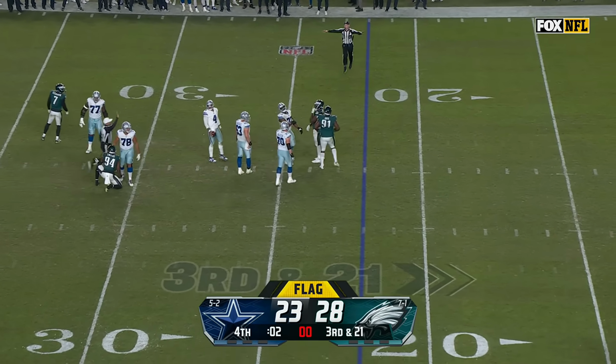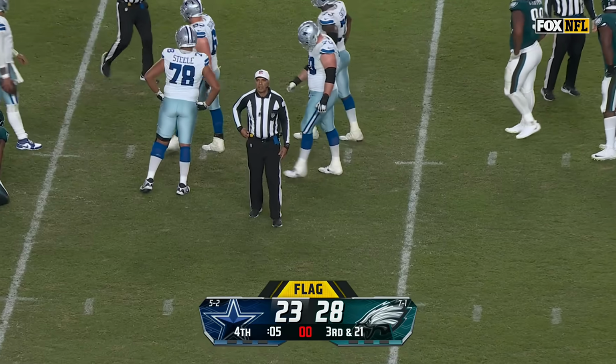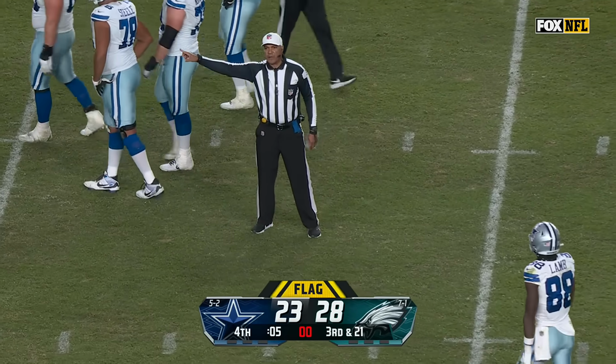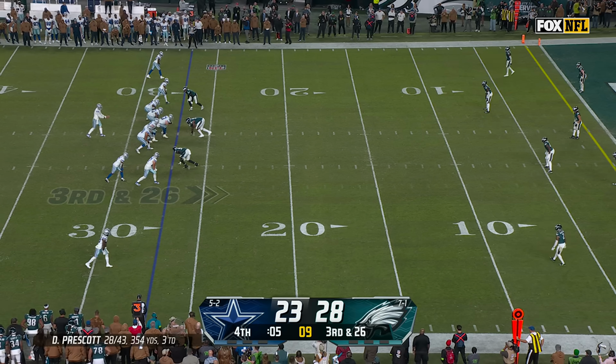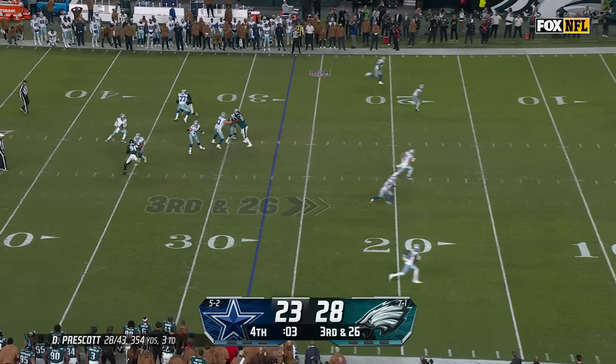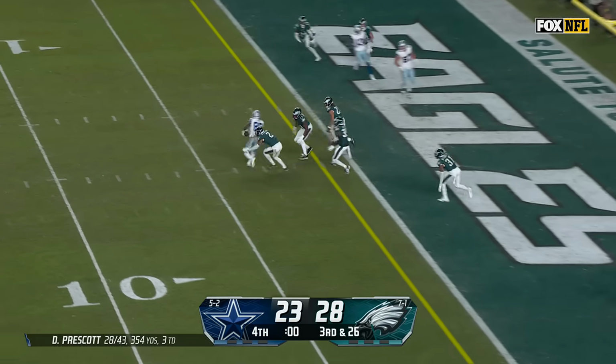And we got a whistle. What happened here? The play clock went down to 0. Did they get it off? Delay of game. Offense. 5-yard penalty. 3rd down. All or nothing. Prescott dancing around. Just going to throw in the end zone. His catch is made by